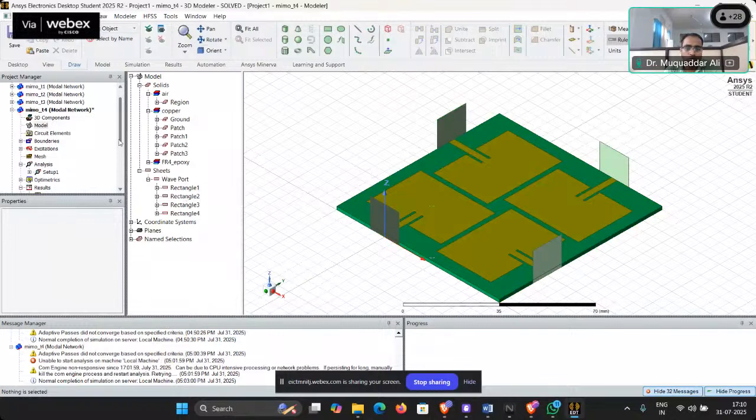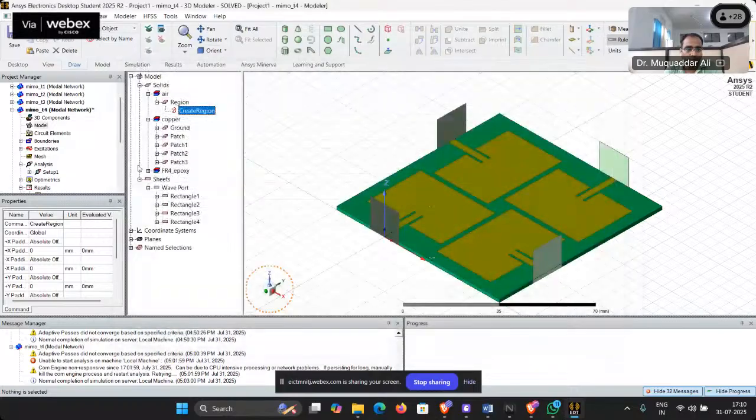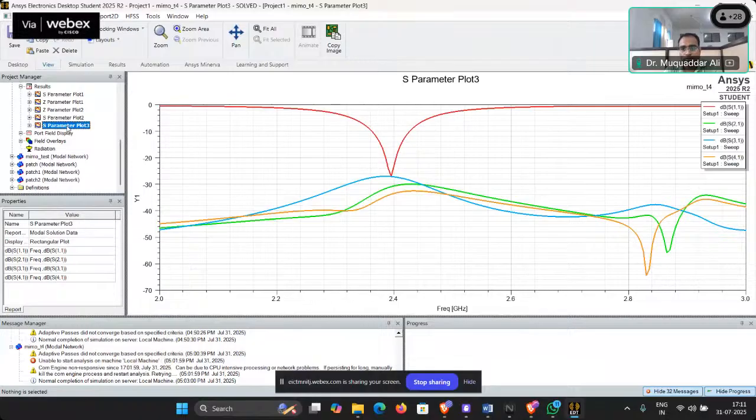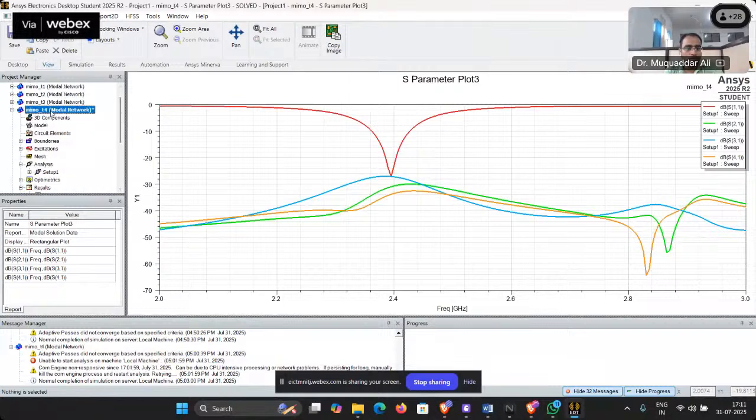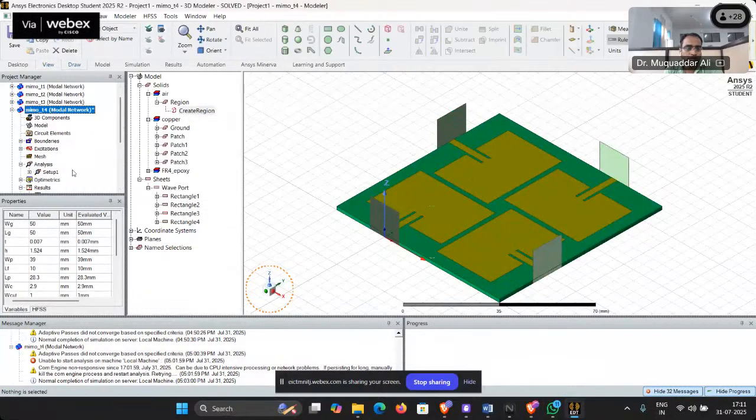Okay. So we have designed these four antenna elements, and then we have given the radiation box. The padding in all four direction is 0, and these are the simulation results. So here we are able to see that we are getting isolation better than 25 dB at all four ports. Okay, but these results are not reliable. Why so? Because first of all,